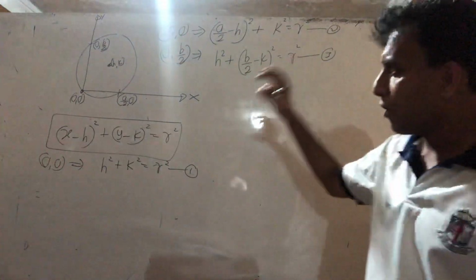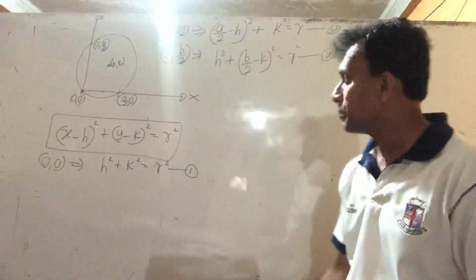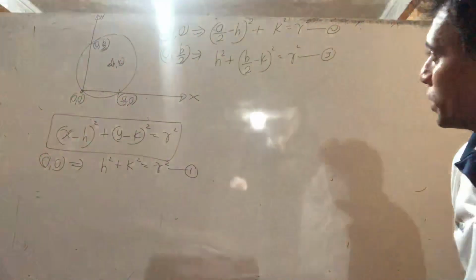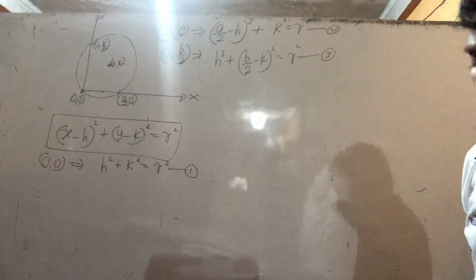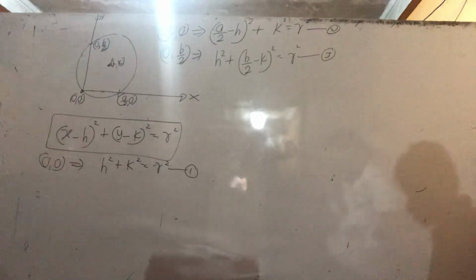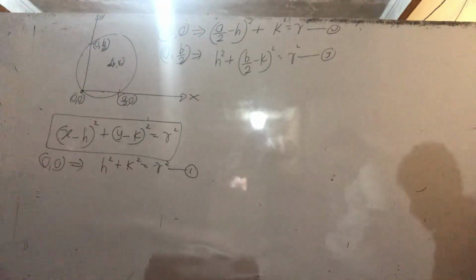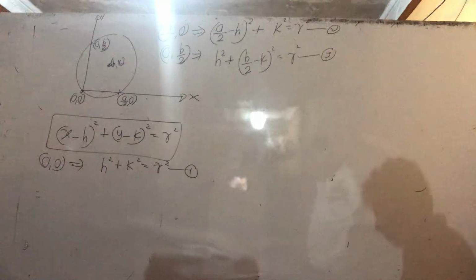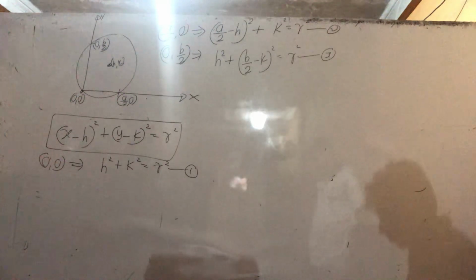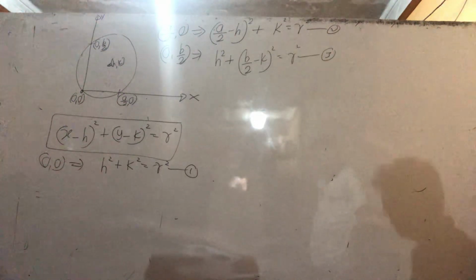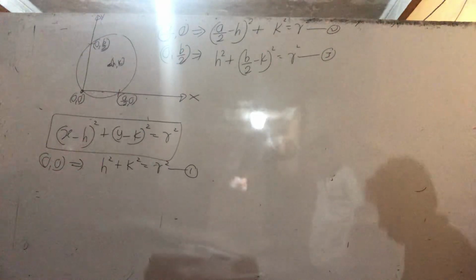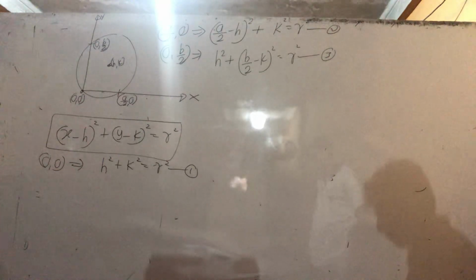You need the r value, you need the radius of the circle. By solving these equations, try to get it. So what is the method of solving to find the relation in terms of h and a? You can find the k value, then you can go to the answer. Think about the method of solving here.